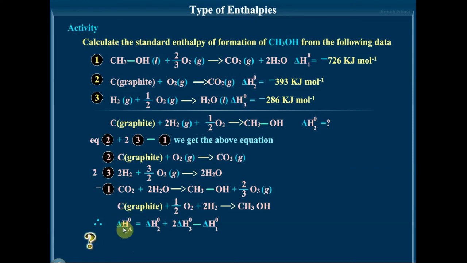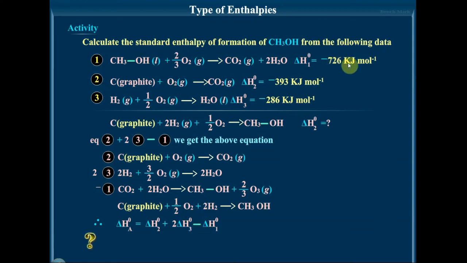That is, the enthalpy change of this one, delta H would be equal to delta H2, where is delta H2? This is what we have taken, C plus O2, plus 2 into delta H3. When you're multiplying by 2 for this one, the delta H also has to be multiplied, because when there is 2 here it means it is a formation of 2 moles of water. So this also will change. So it would be 2 into minus 286 that you have to do. That is why it is written here: 2 into the third equation, minus the first equation's value.